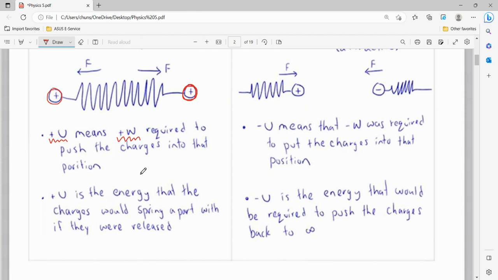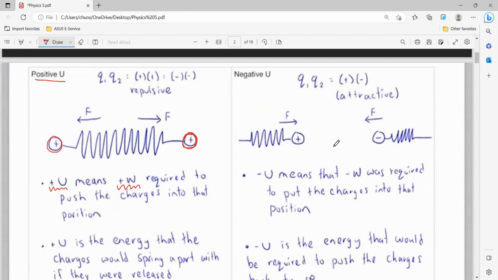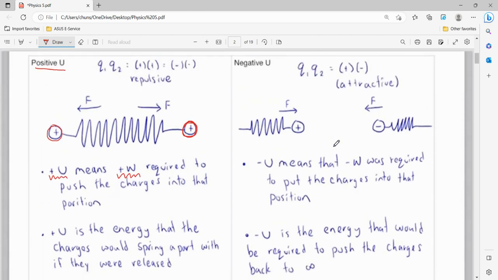So positive U is the energy that the charges would spring apart with if they were released. Since we're holding them in place with this spring, if we cut that spring out really briefly, then the energy that they would separate with is the same as our U. If we go to the next figure,